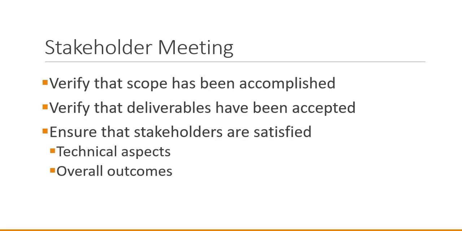This is giving the donors and the local community the opportunity for verification that the scope has been accomplished. So, for example, if a project scope was operate in 3 communities, that in fact the project did occur in 3 communities. Also, verification that deliverables have been accepted, that the donor accepts the final result,